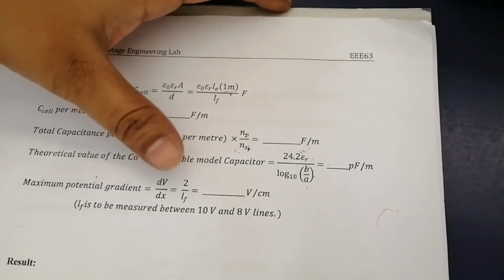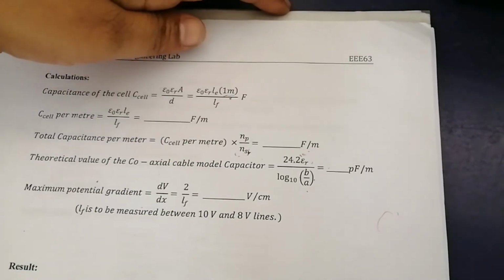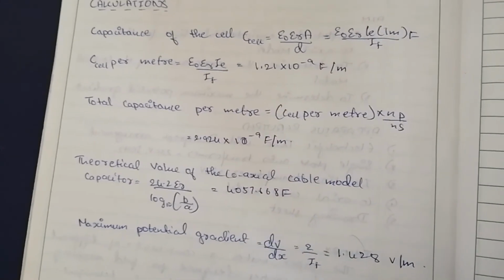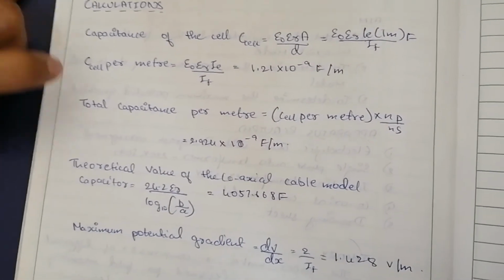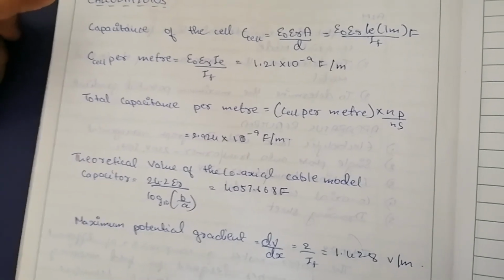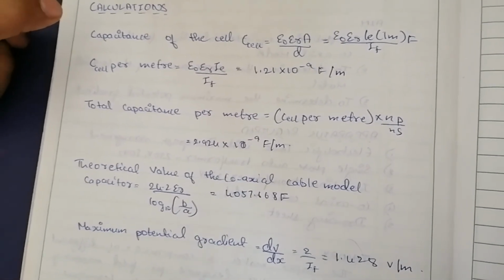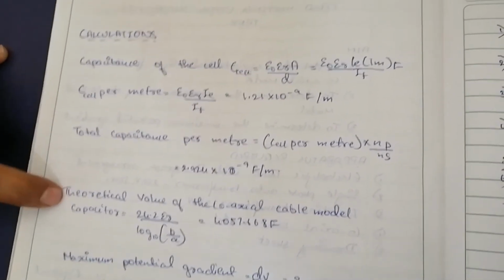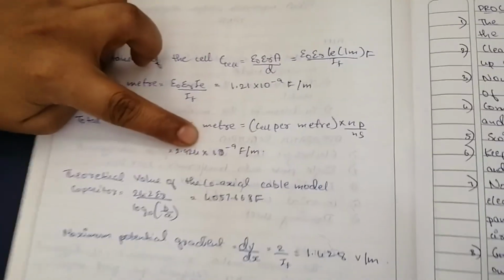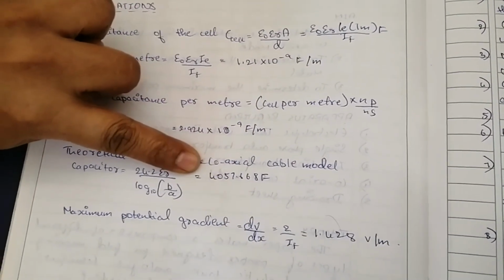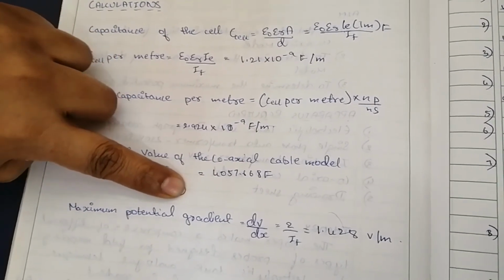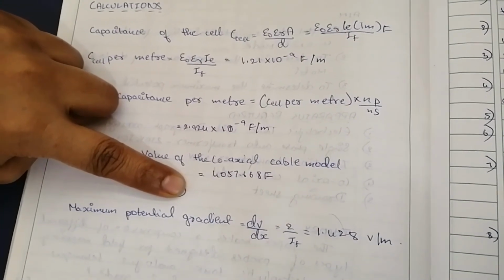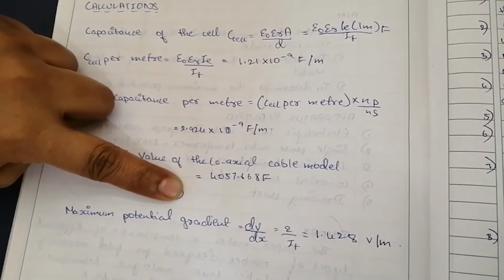Now let us have a general look at how one calculation looks. We have seen all the calculations which have been taught before. Thus all three aims of this field mapping have been achieved. First we plotted the equipotential circles. We calculated the capacitance. You can see here the practical capacitance and the theoretical capacitance. And the third one, the maximum potential gradient dV by dx, is also calculated. Thus all the three aims of this field mapping have been calculated.